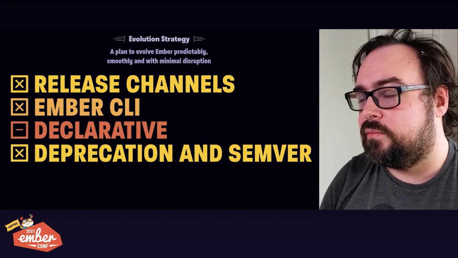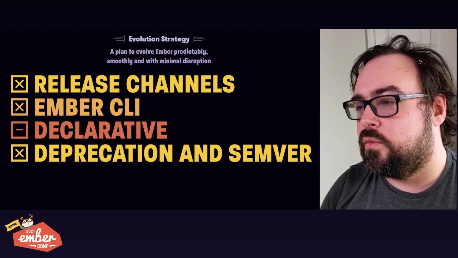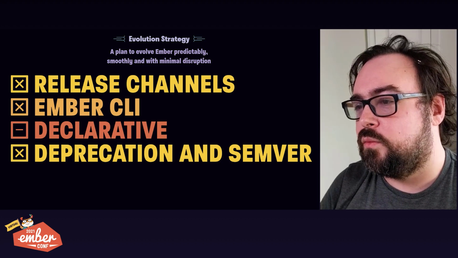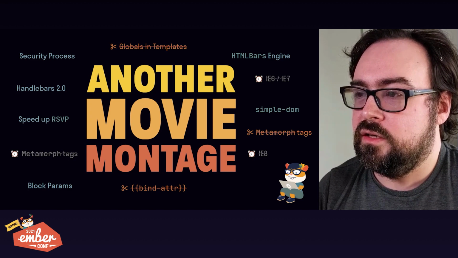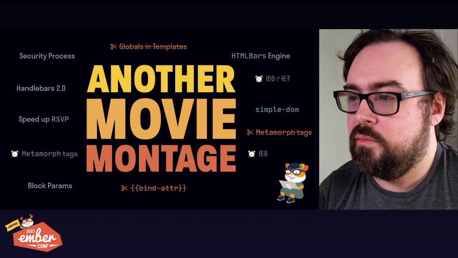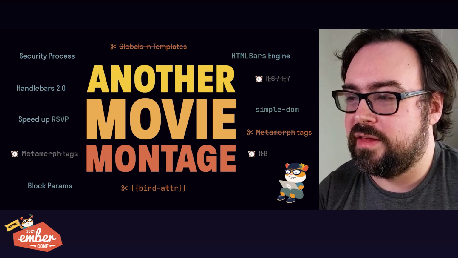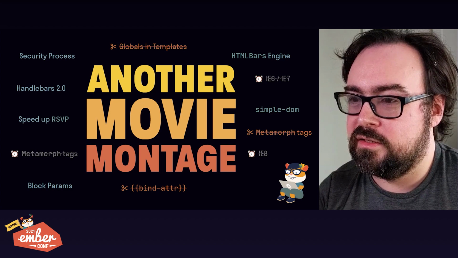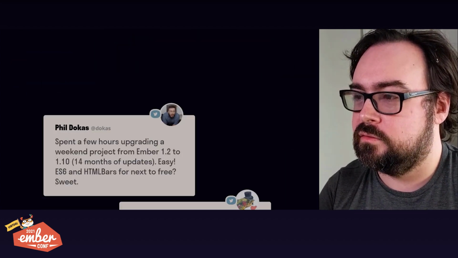In a short amount of time, we were able to fully replace a string-based templating engine with a DOM-based templating engine and solve a whole bunch of real problems for our users without disruption. And that's a big deal. We got a lot done in the 1.x era. It was all compatible, so it's hard to remember if you were around back then, but some of these things were really important. I got a standing ovation for killing metamorph tags and bindAttr twice. And if you look at this screen, there's just a whole bunch of stuff here that really matters.